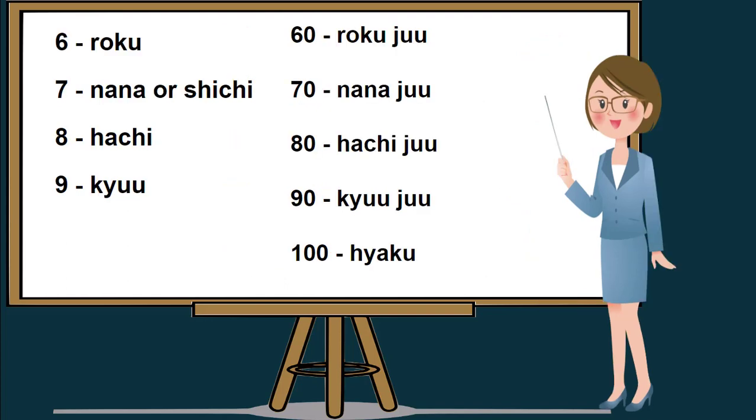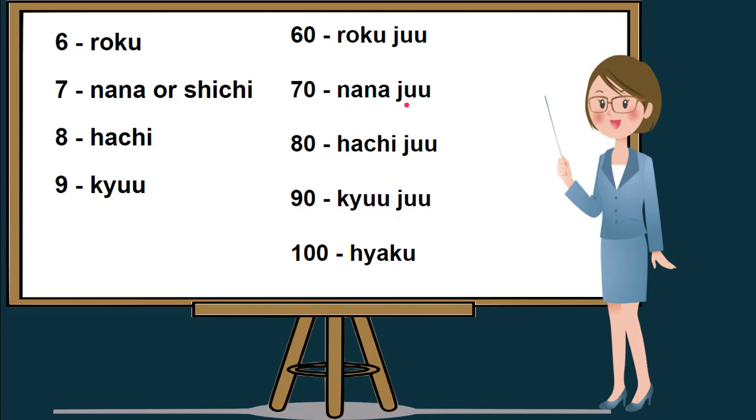Next is we have to count from 60 to 100 by tens. 6 is roku and add ju to make it rokuju. 60 is rokuju. 7 is nana or shichi and we will just add ju to make it 70, which is nanaju or